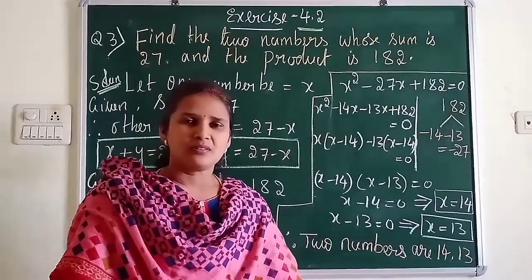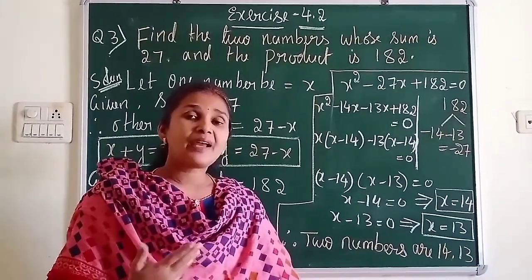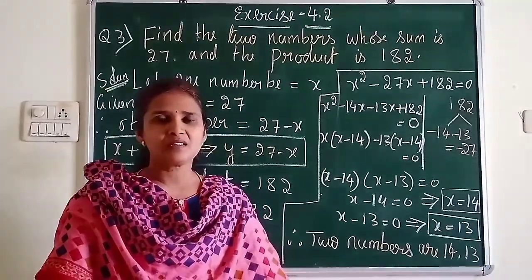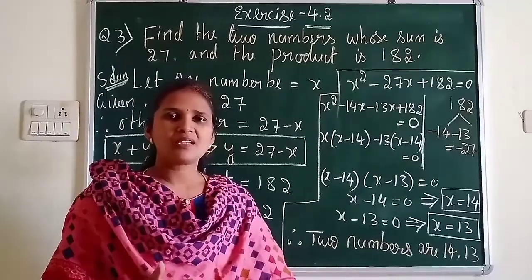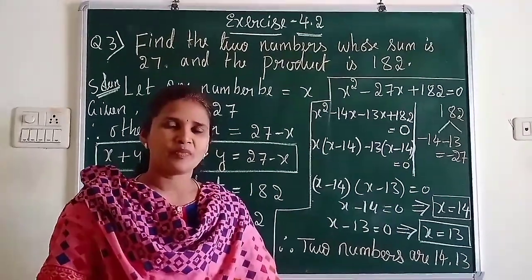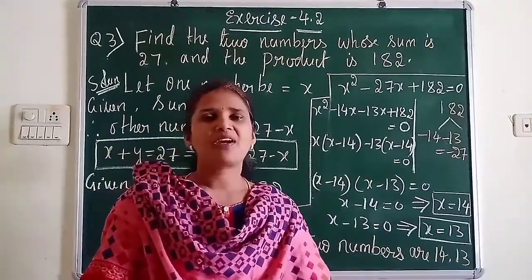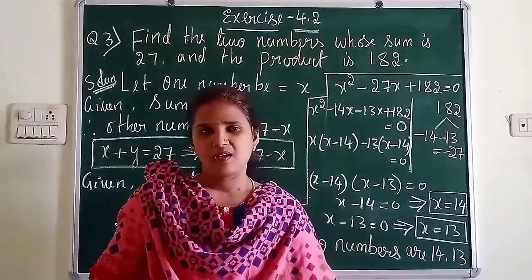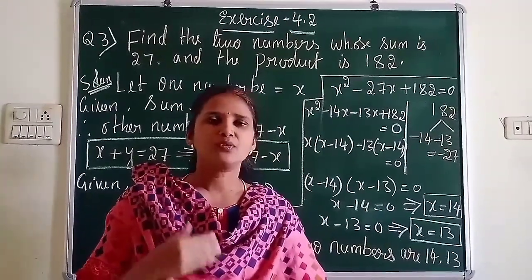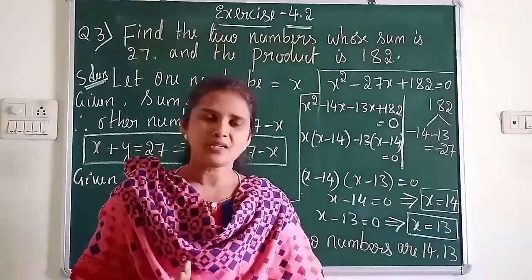So first question. I asked first question, write the standard form of quadratic equation. Recollect, that is ax square plus bx plus c equal to 0 is the quadratic standard form. Second question I asked you, how many solutions we can find for a quadratic equation? How many? Yes, at most 2. That is 2 solutions, or sometimes 1, or sometimes we cannot find a solution.